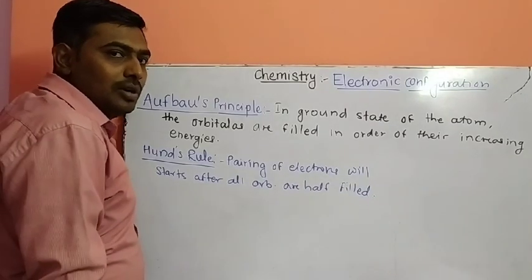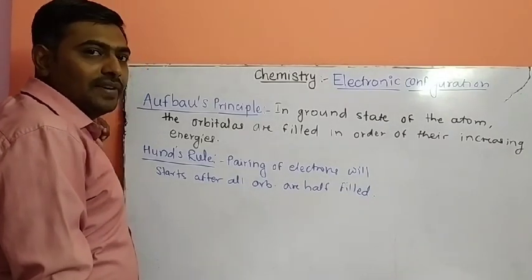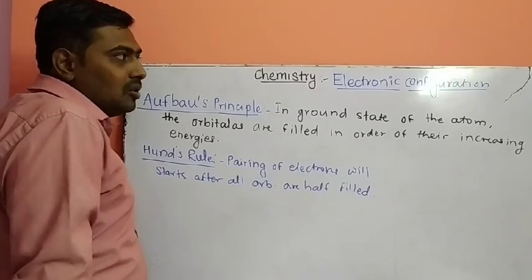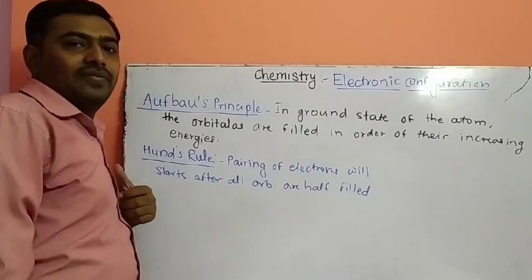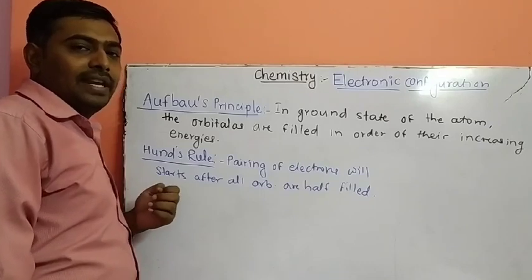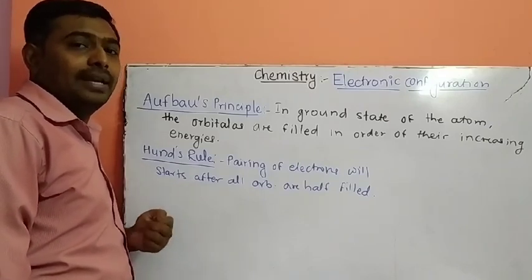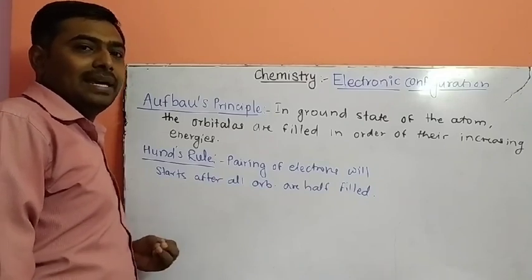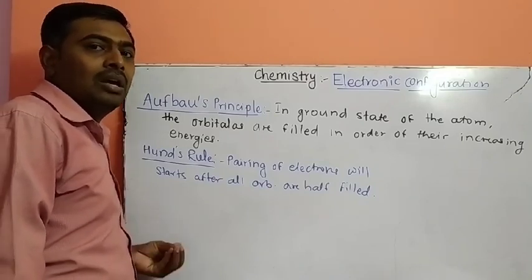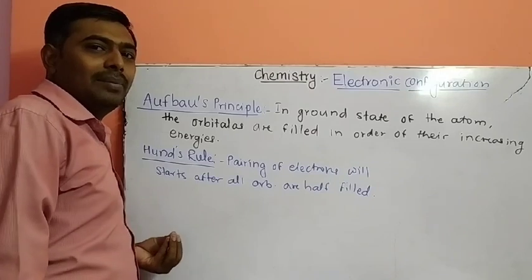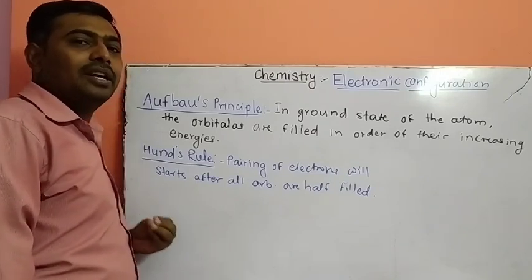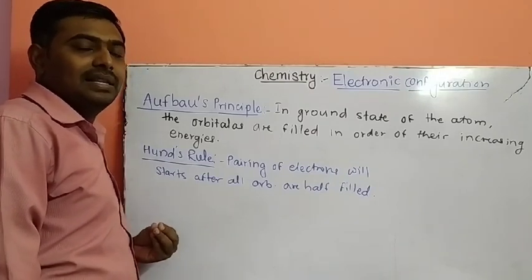Hello guys, in today's session we'll discuss the electronic configuration of an element. Why is electronic configuration required? Because when an atom contains different shells, the electrons are arranged according to their energy. To study any chemical reaction, electrons are involved. So a requirement of electronic configuration, or electronic distribution, is necessary in chemistry.